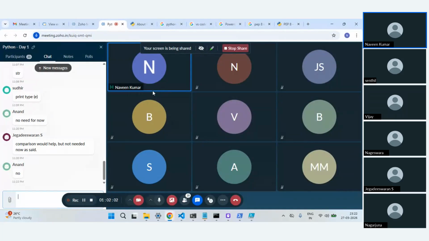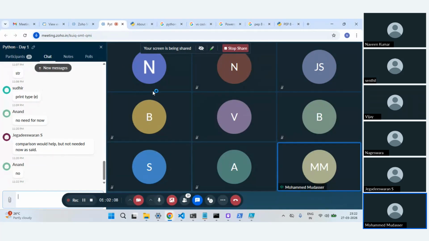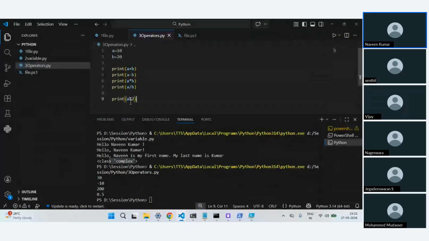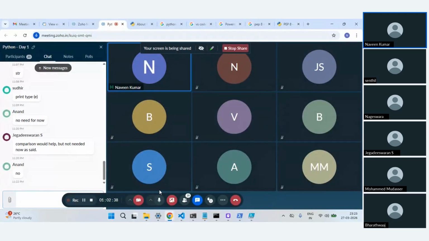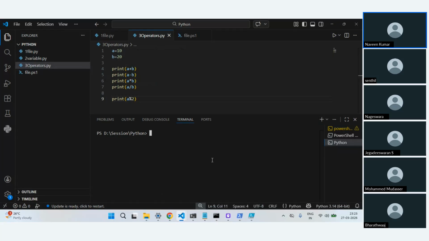Okay, any other answer? Both the positive and negative integers are considered in modulo. Like it won't give separately minus or plus. Okay. So what do you guys think the output of this command will be? Like a, this modulo of 2. Remainder, constant. Okay, so in this case, what remainder is 0.